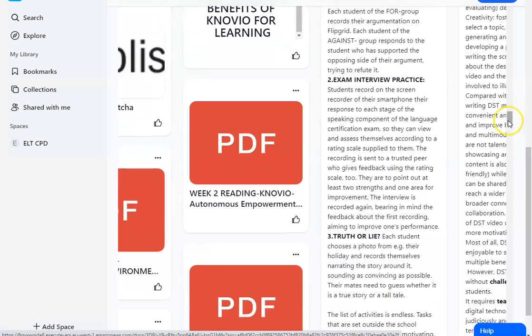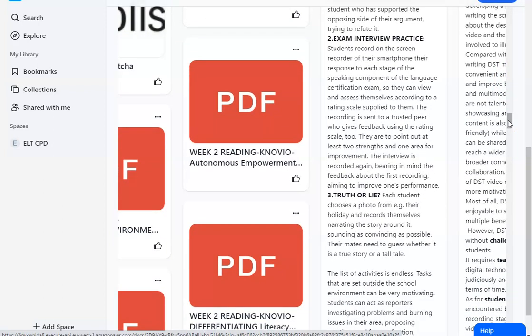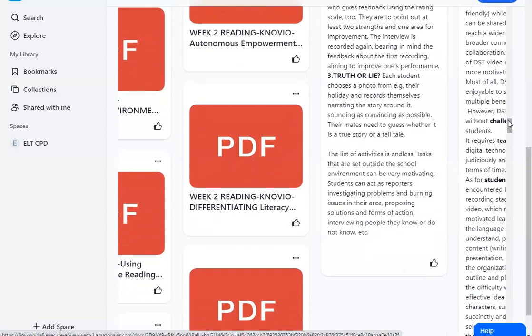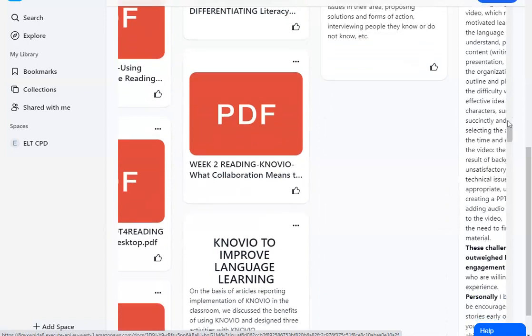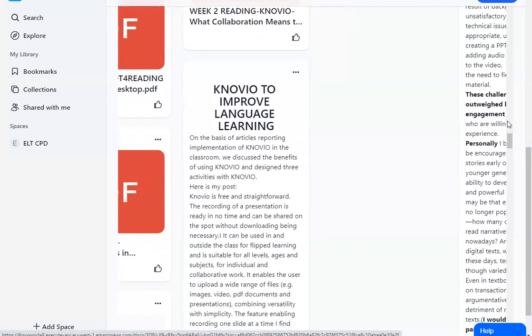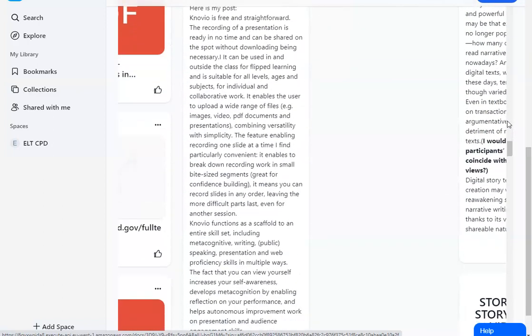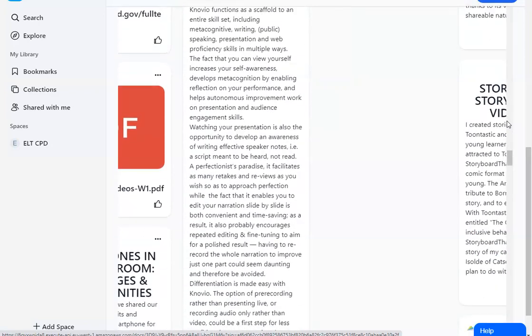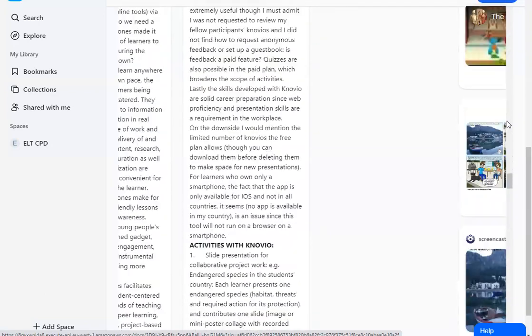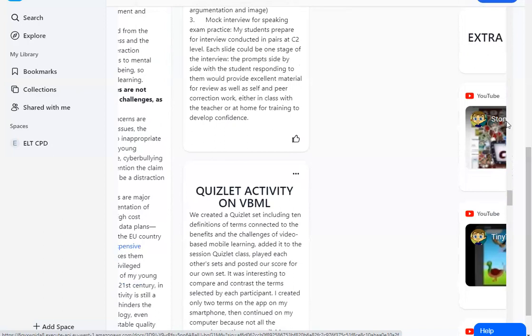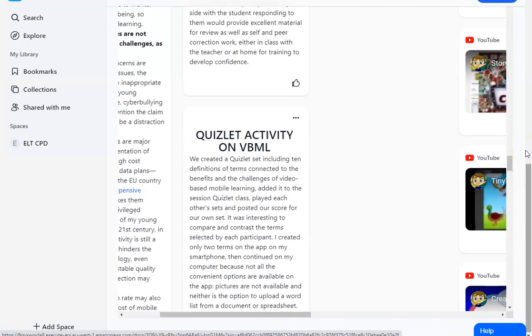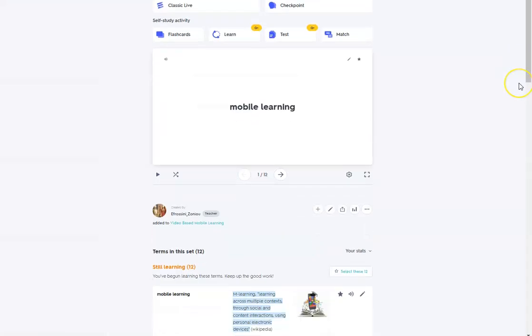And we also read articles on the usefulness of Novio and discussed the benefits of Novio in the forum. Then we each created a Quizlet activity including our personal vocabulary list related to mobile learning.